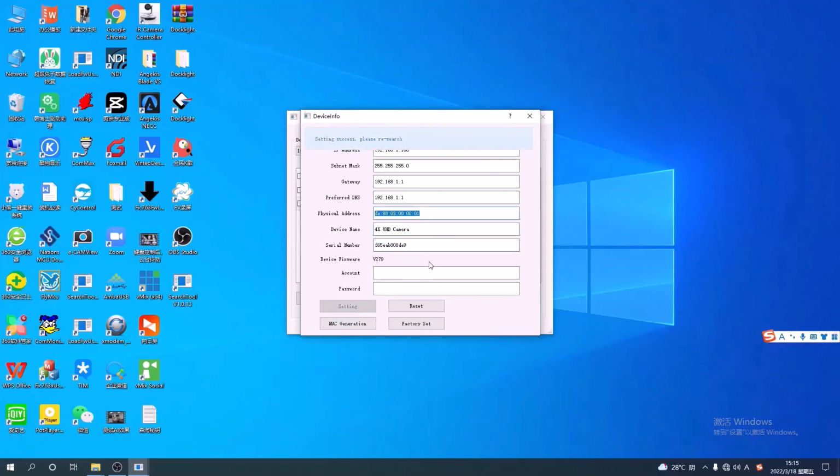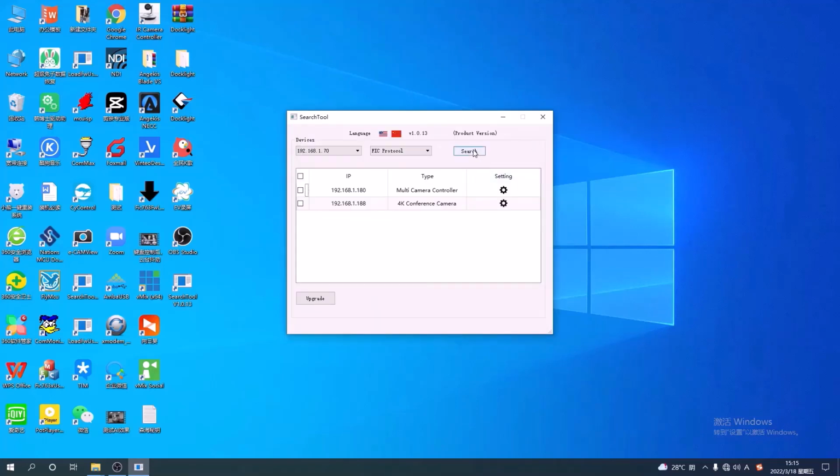Now we click setting. We can see it says success. So we close up, search again. We can see we've already changed the device name for this camera as 4K UHD camera. So that's how you set up